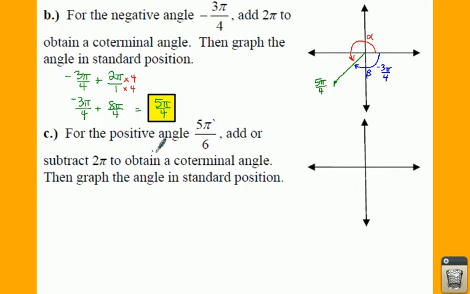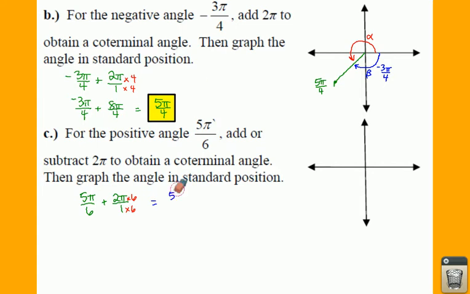Last one here for example 1. Let's try the positive angle 5 pi over 6. And I don't care, you can either add or subtract. So actually let's do both. If I want to add 2 pi, this is going to be over 1, so I need to multiply by 6 and get 5 pi over 6